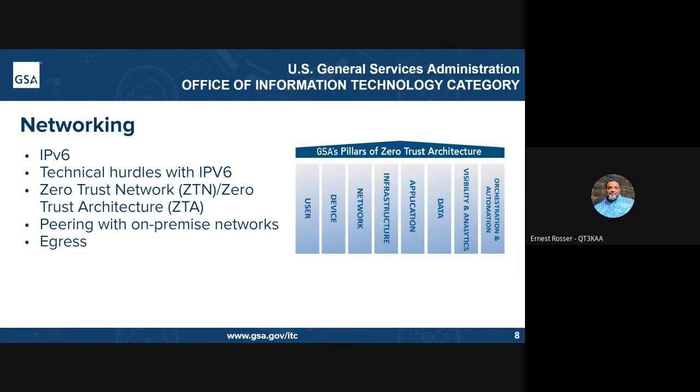Egress. Egress also needs to be discussed and tied into efficient routing. You do not want an East Coast connection egressing to the internet on the West Coast or vice versa. You also don't want your egress connections to be from the cloud through an on-prem network or router. Let's follow the rules of TIC 3.0.